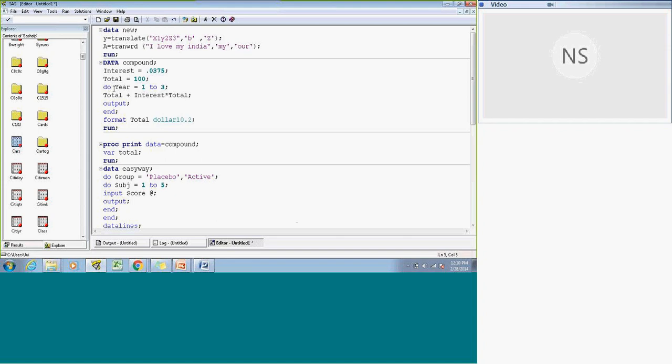We initialize a do loop, and in front of the do loop we give the condition for how long the loop should go on. So we have initialized year equals 1 to 3. Year is the next variable that we have initialized, and its value will go from 1 to 3, so it has 3 values: 1, 2, 3. We enter this do loop, we have this formula, and the output of total will be written to the data set. That's why we have used the output statement here,